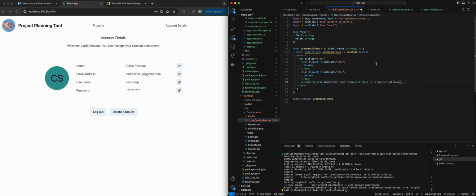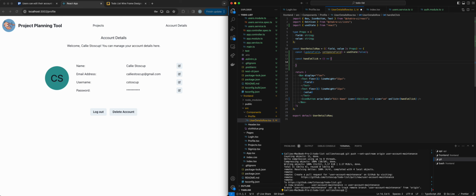And on click, I'm just going to say handleClick, because there's only one button on this page, so handleClick is fine. Then I'm going to add that function, const handleClick is equal to